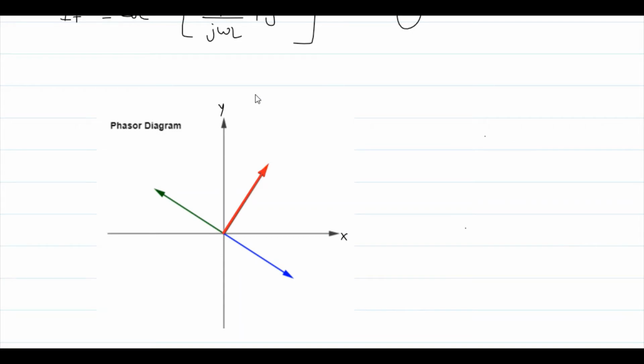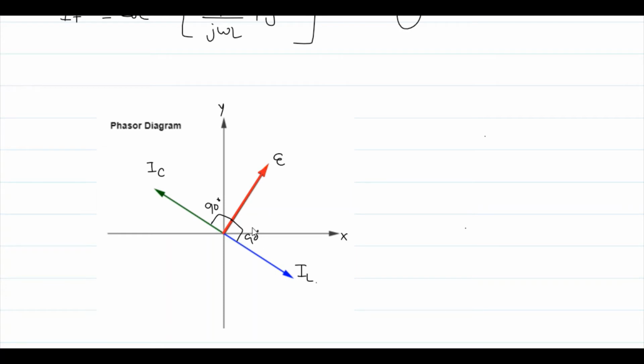This is the phasor diagram for the voltage and current relations. I'll call this one the EMF axis, this one the current across the inductor, and here the current across the capacitor, because the current in the capacitor always leads the EMF by an angle of 90 degrees. So if you compare with EMF, it makes a 90 degree advance, that is leading. Then IL always lags by an angle of 90 degrees.